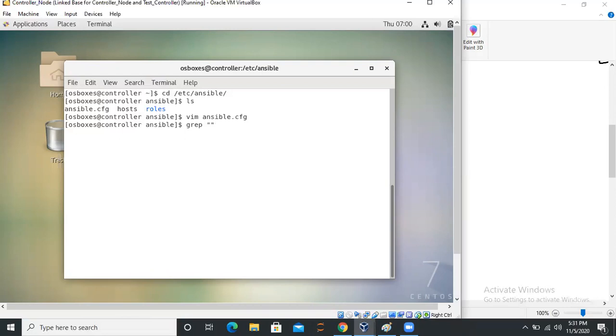Grep, caret, and this particular regex, /etc/ansible.